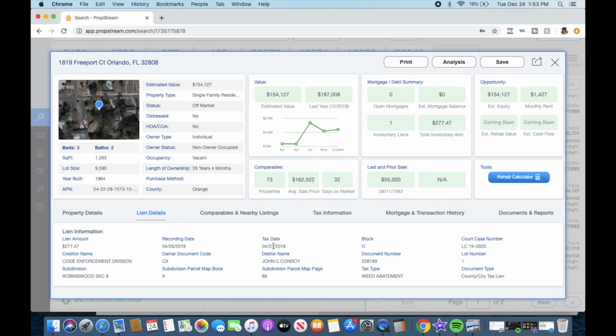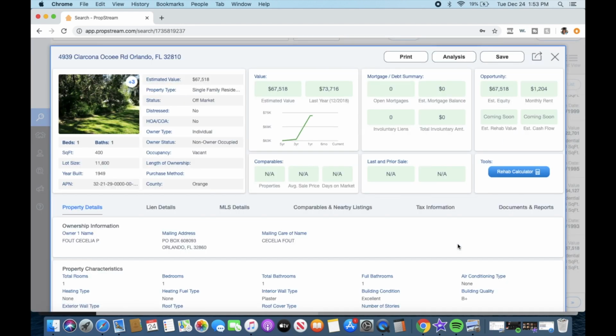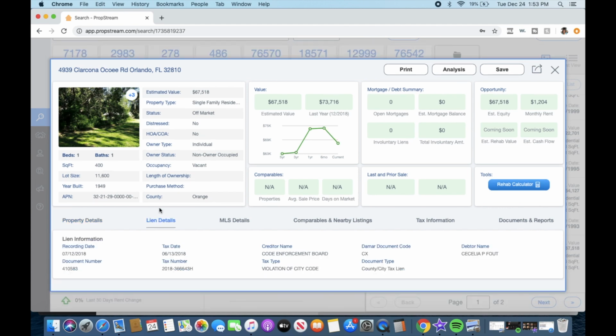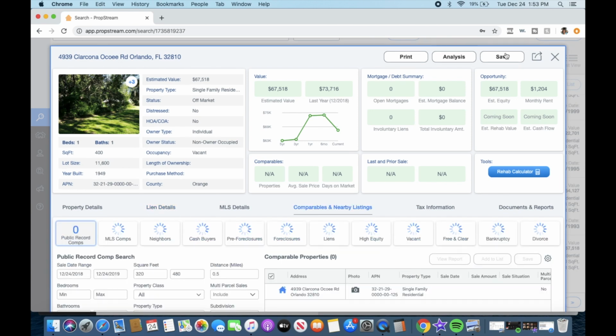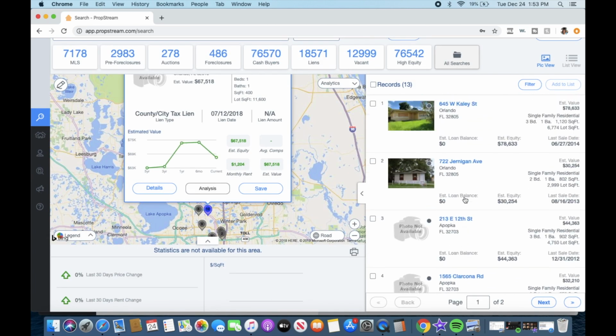So this is so awesome. I personally don't know where else you can get this information. I do have a video up about how to get certain types of lead types from ListSource, which I do still use to purchase leads. But once I discovered PropStream, I was like, oh, this is it. It's like an all-in-one. So here's another property that I just pulled up, searching through, showing you guys,